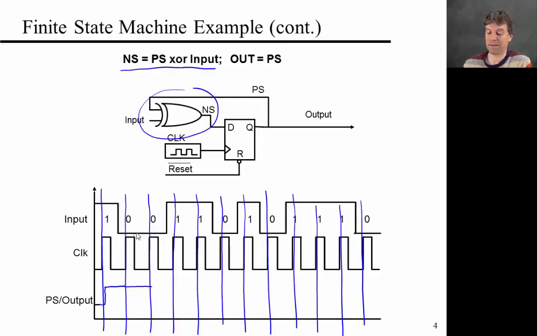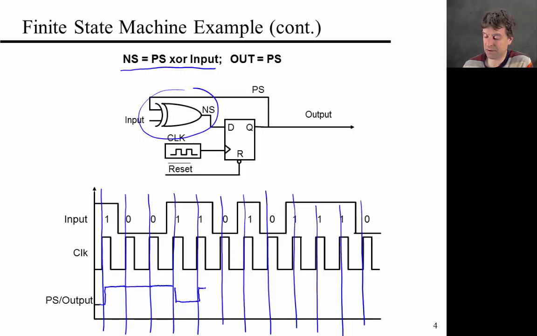Here again, input is 0, this is high, so XOR remains 1, so this remains 1 another clock period. Here now both of them are high, so input and present state are high. 1 XOR 1 is 0, so at the next clock period I go down,